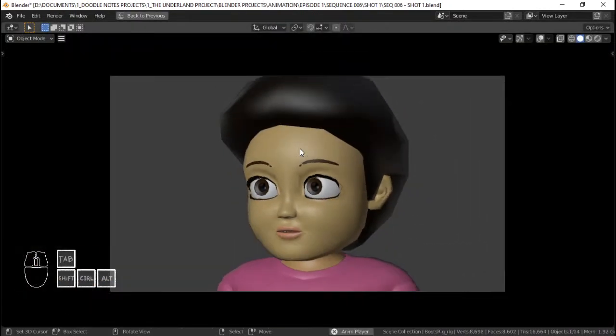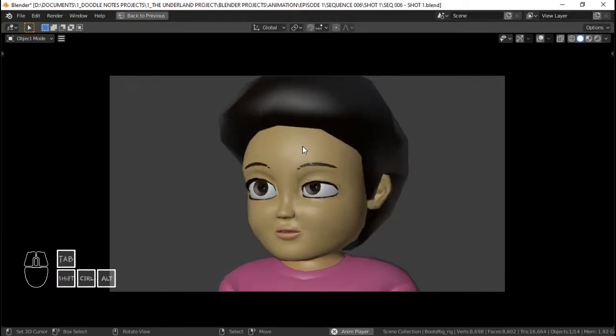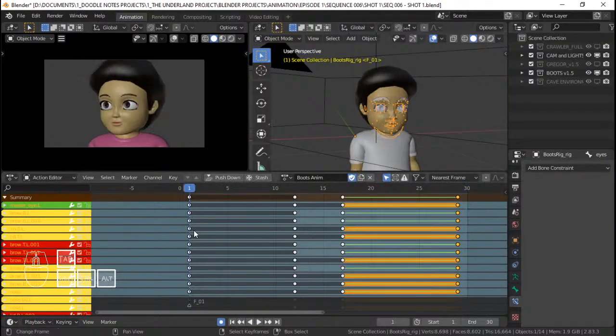See where we're at. So yeah, I think that's good. Nothing much to do there. Nothing more that needs to be done. What's left to do next would be